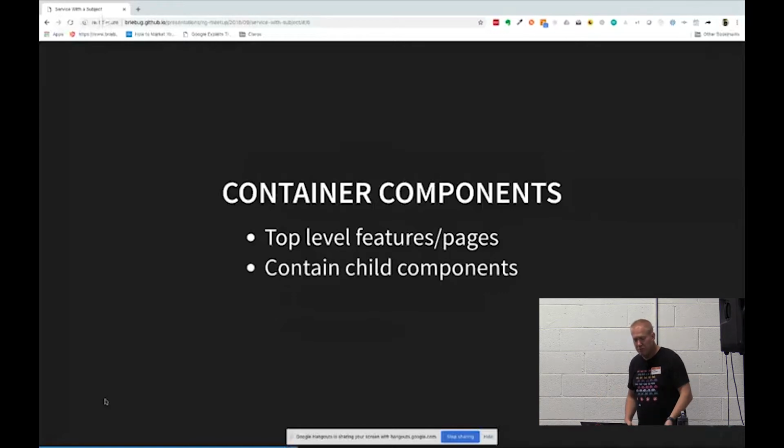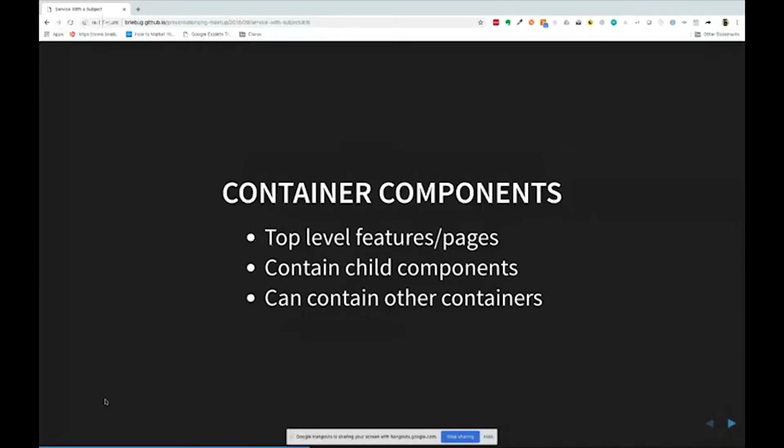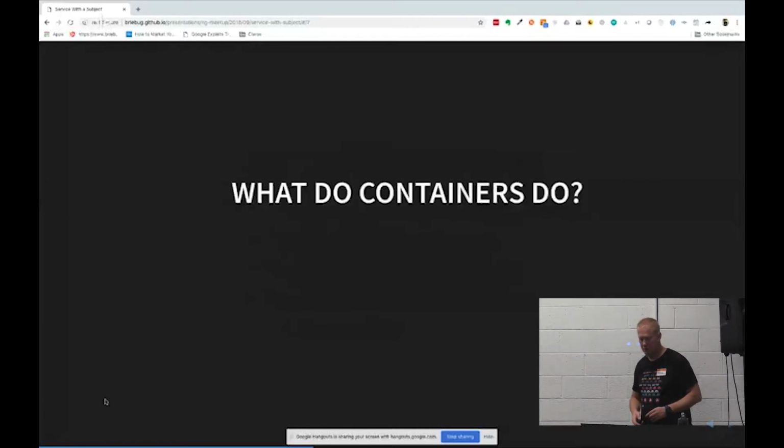They can contain child components and they can contain other containers. But I usually try to tell people to start out by seeing a container as being a page. And then if you happen to have a group of presenter components that are being reused over and over on pages that all have the same exact logic that you're copying, now you have a use case to create basically a sub-container that can be shared across these multiple pages, and we can isolate that logic to a single source.